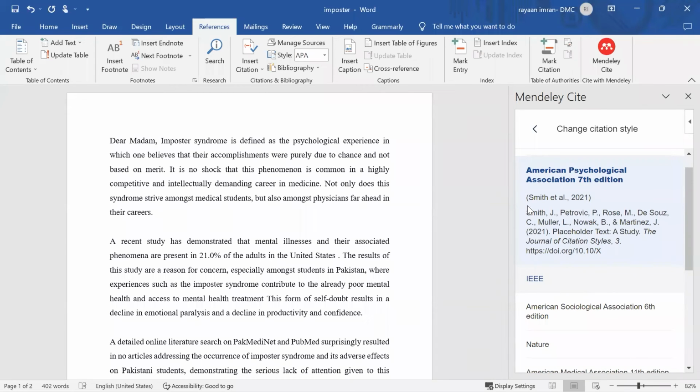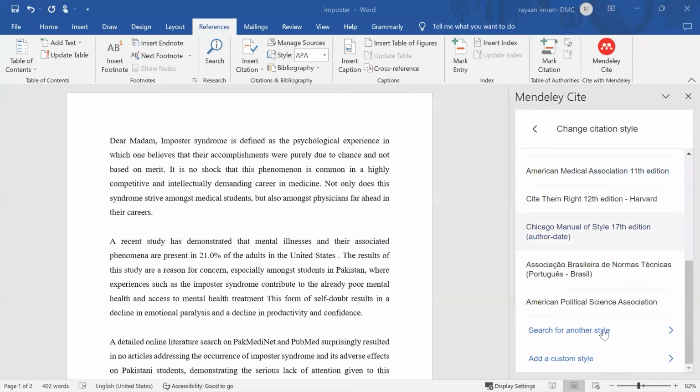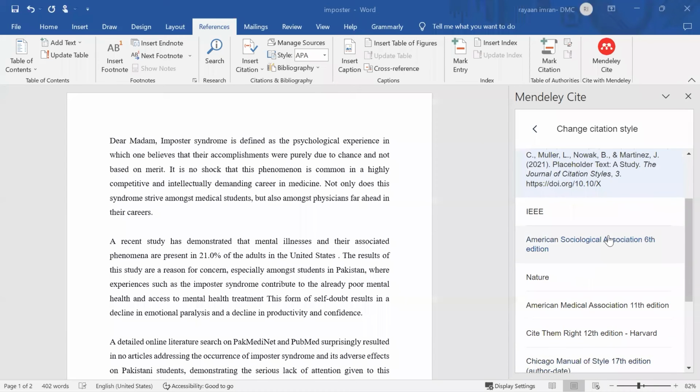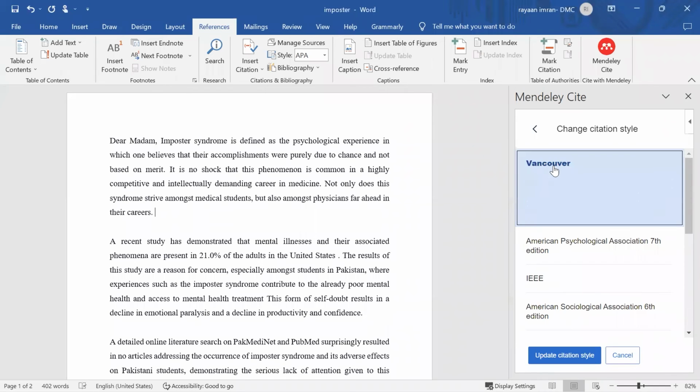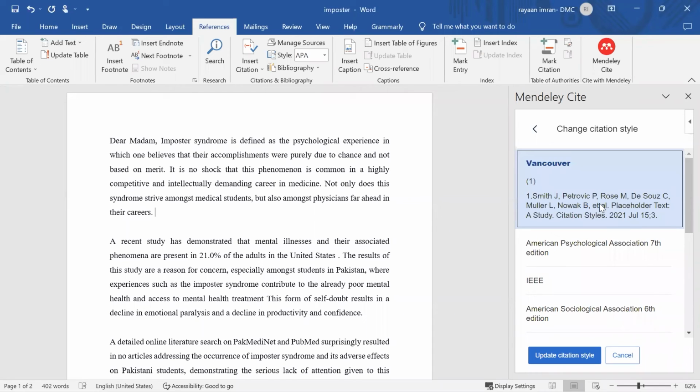So you can add something called a Vancouver style, which you can search on Google, and you can find it. This is the style that is usually accepted among journals, but it may vary from journal to journal, so you have to read their policies. So let's say I want to put a citation in the Vancouver style.